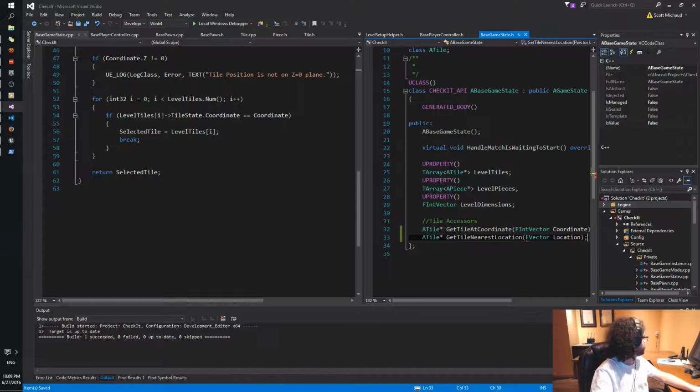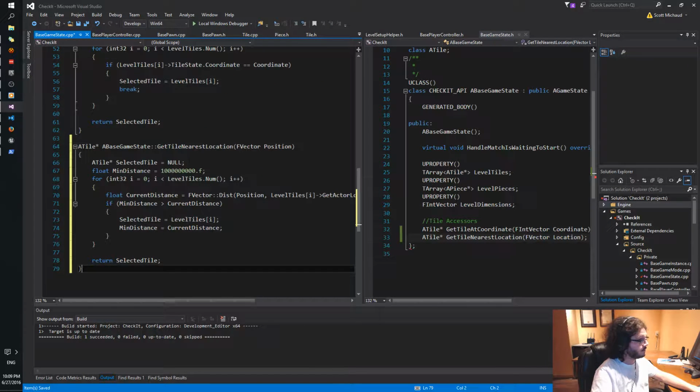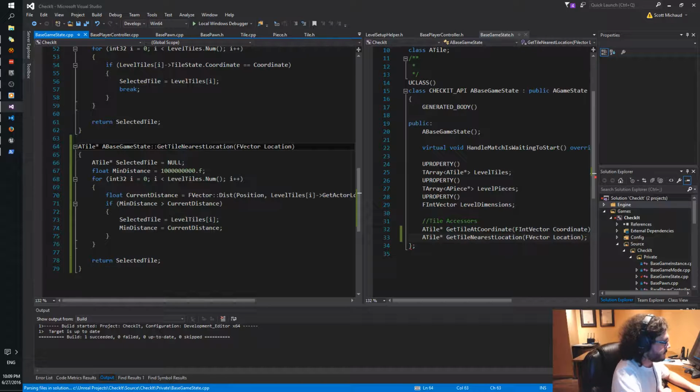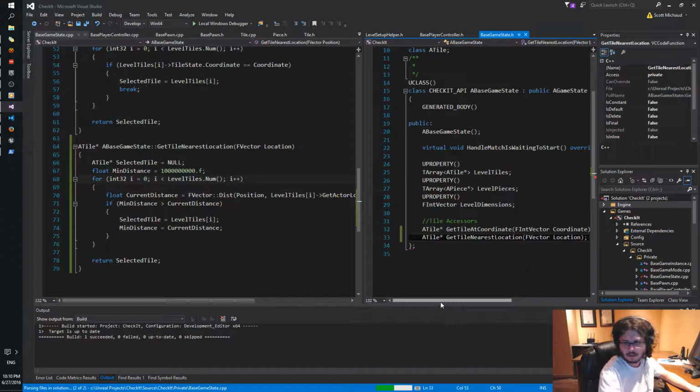And then I can copy and paste this directly. You change this to location, but otherwise it's good. Should be good.